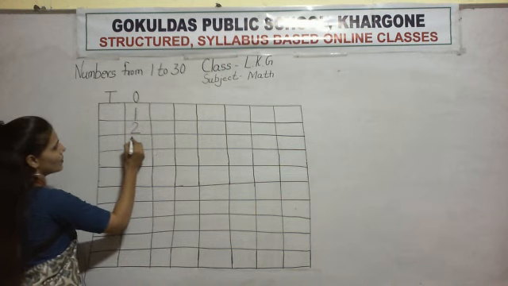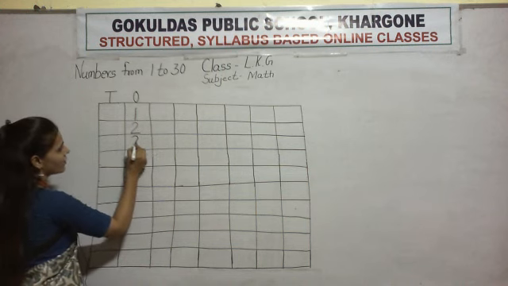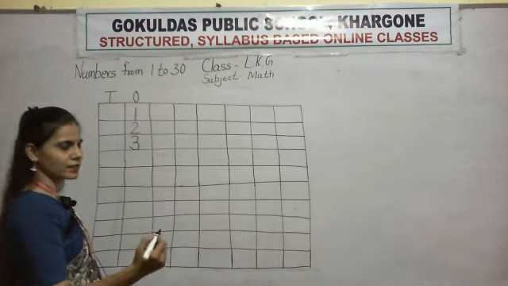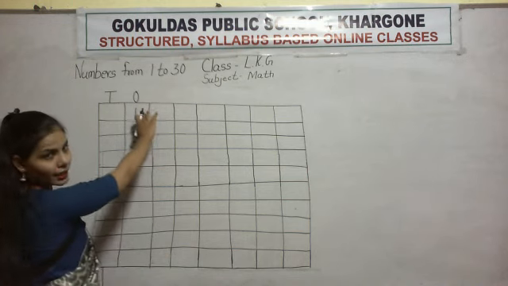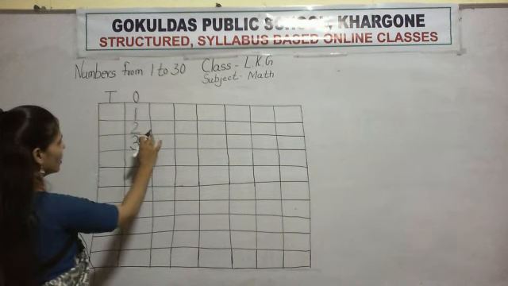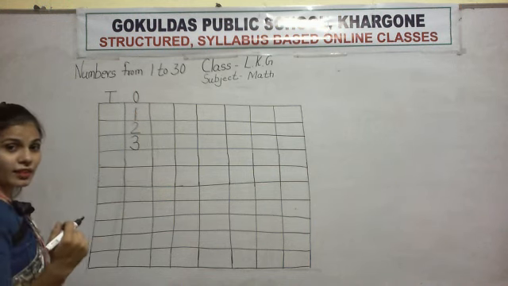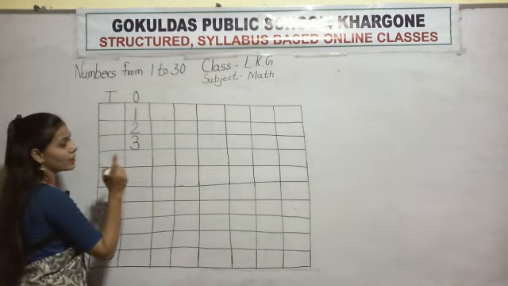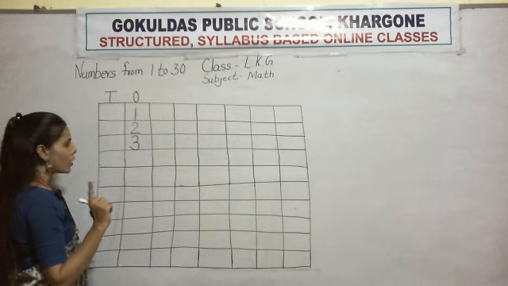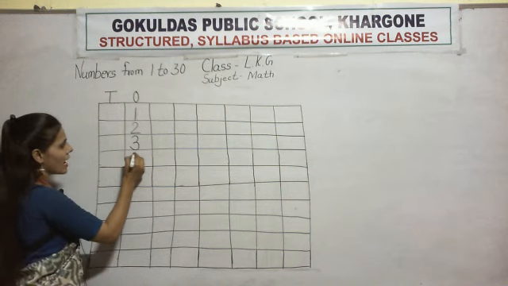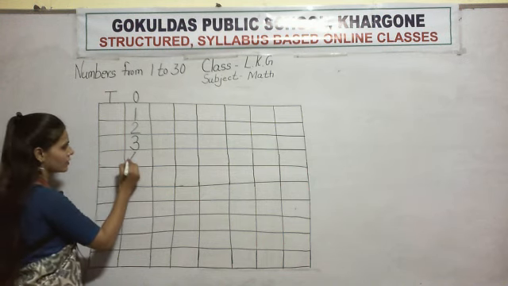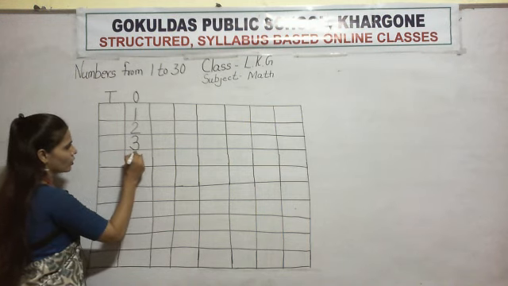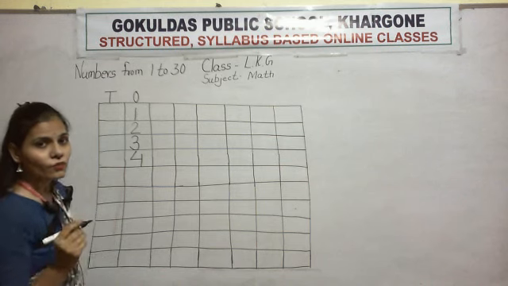So here we write number 3. We will say half curve and half curve. This is number 3. Okay, 1, 2, 3. After number 3, which number will come? After 3, number 4 will come. So, how to write number 4? We will write slanting line, slipping line and standing line. Okay, this is number 4.